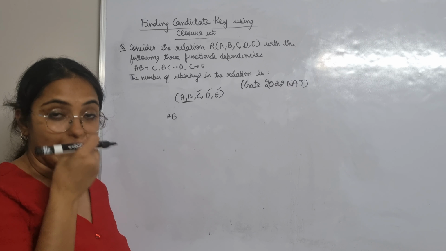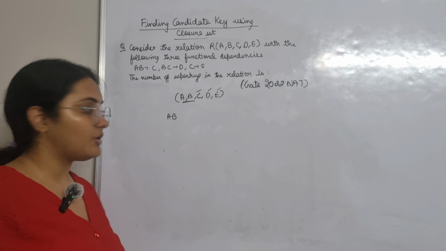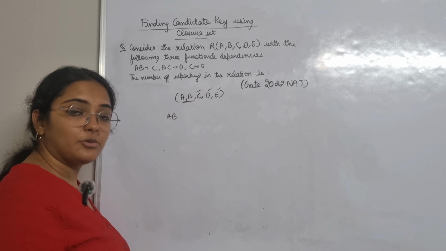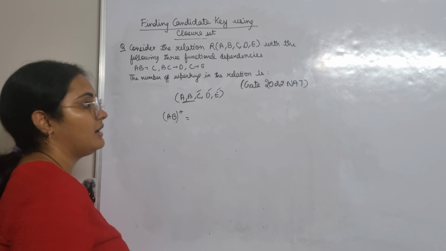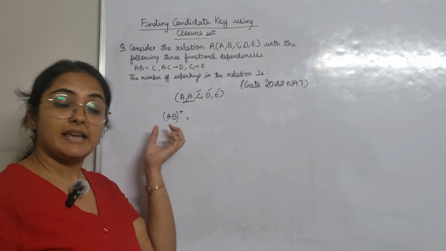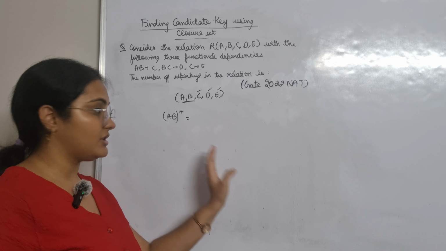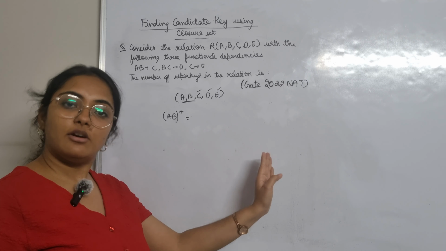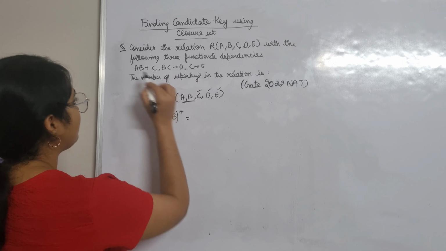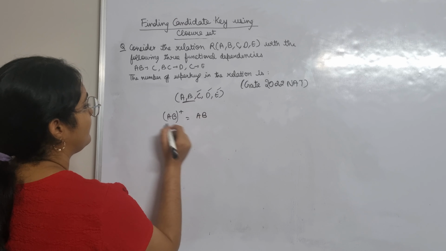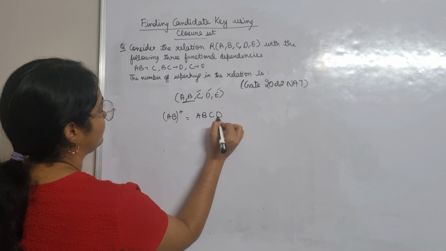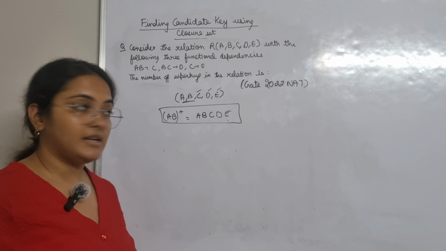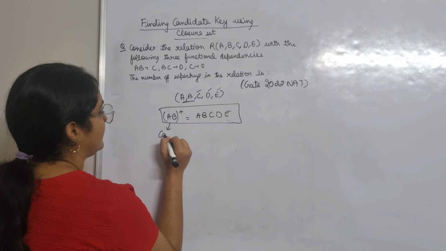Right, first we are finding the candidate key and then we are going to find the number of super keys. So AB must be included as a part of the candidate key. So let's see what AB plus can determine, and if AB is enough to find out the value of all the attributes. So what can AB give? AB determines C. Okay, so first write AB. Now AB determines C, BC determines D, C determines E. So AB is enough to determine all the attributes in the relation schema. So AB is the candidate key.